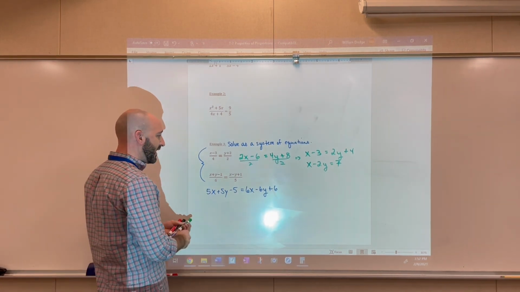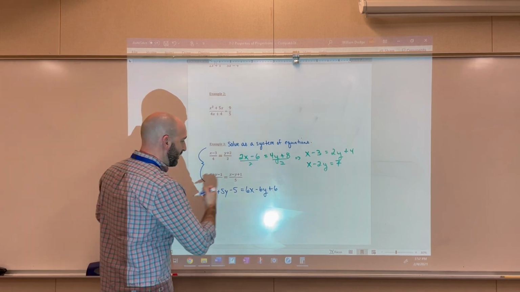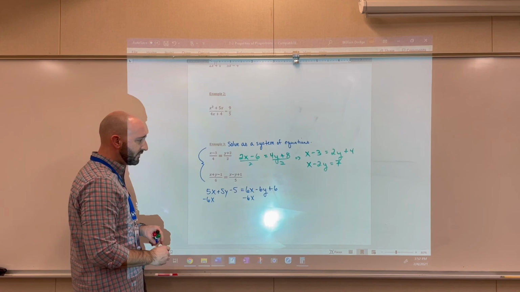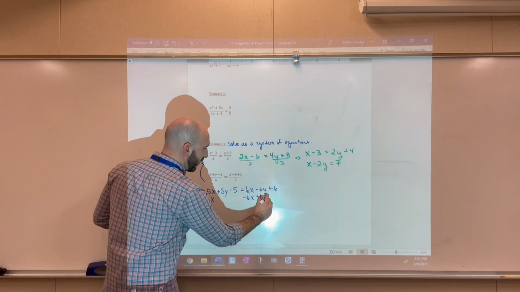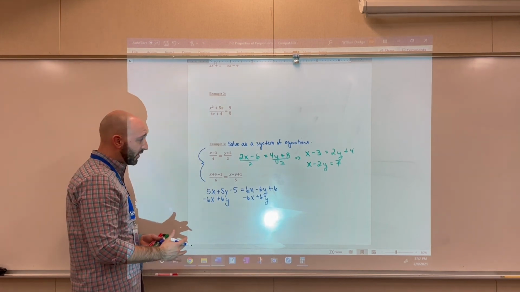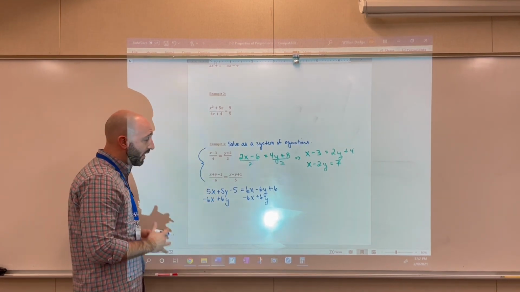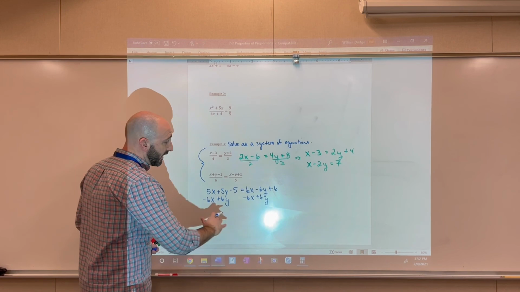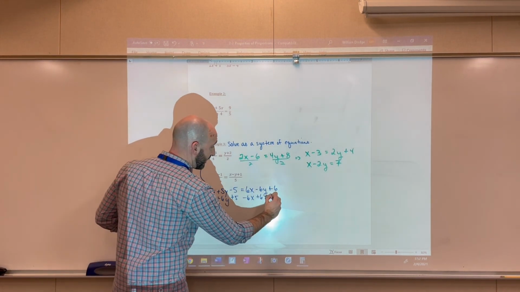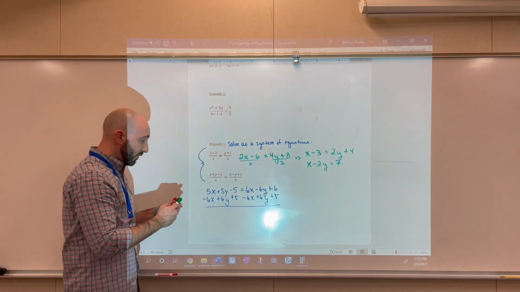So what I'm going to do to try to keep, actually, you know what? I'm going to subtract 6x from both sides. I'm going to add 6y to both sides. And what that's going to do is bring all of my terms that contain x and y to the left-hand side of the equation. And now what I want to do is get all the constants on the other side, so we're going to add 5 to both sides. So when we do this,